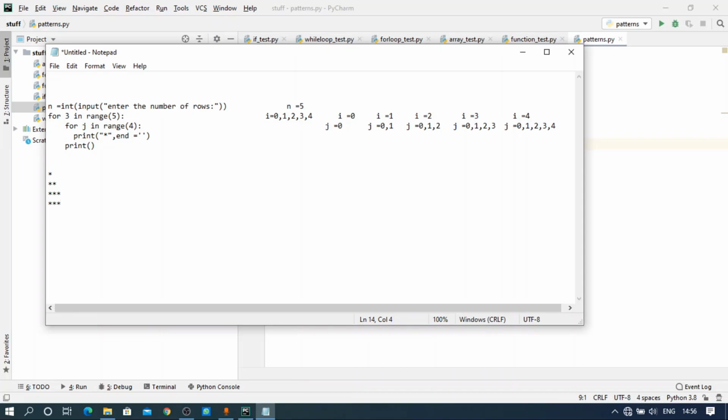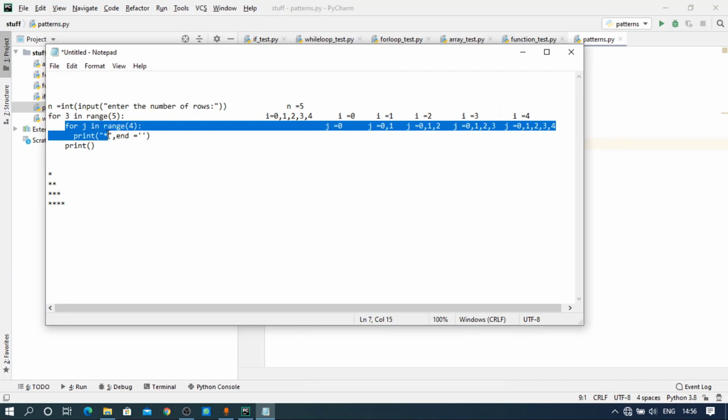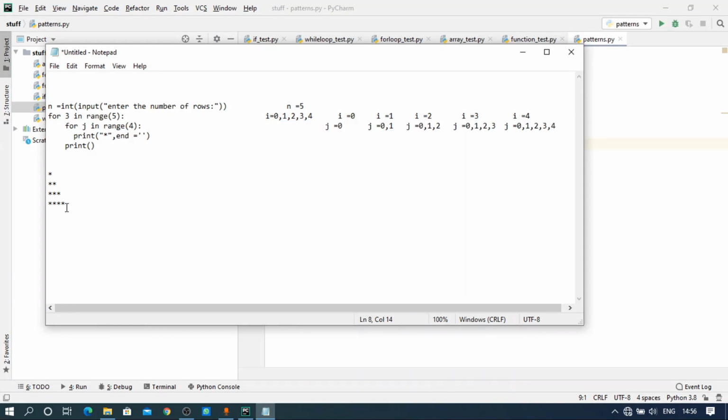Now again j is incremented, so j will become 3. 3 is in range of 4, which is true, so a star is printed. And now j is incremented again, so j will become 4. 4 in range of 4 is false, so it will come out of this inner for loop and then it will execute this last statement, that is a new line, so it will come to a new line.